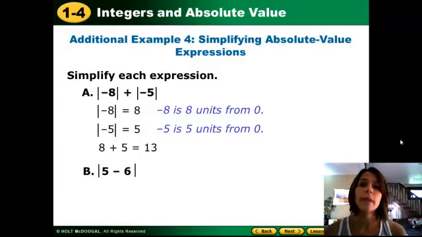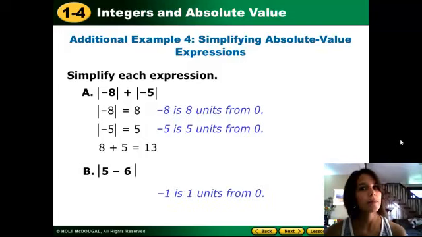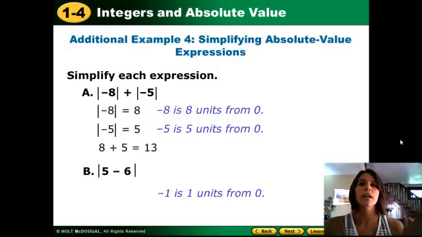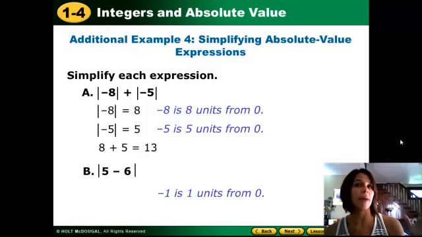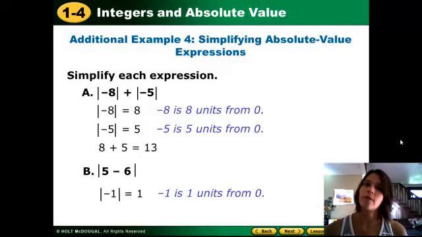On example B, 5 minus 6, the absolute value of that, I'm going to go ahead and work within the absolute value markers and then get a final answer. So I'm going to perform 5 minus 6 first. If you need to use a number line, please do that. 5 minus 6, if I'm starting over here at 5 and moving to the left because I'm subtracting 6, I pass 0 and go all the way to the negative side. So it's -1, and then the absolute value, though, of -1 would be